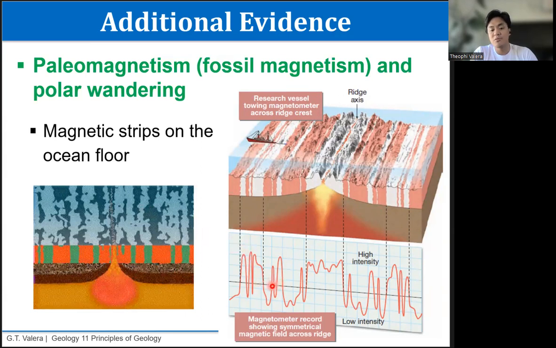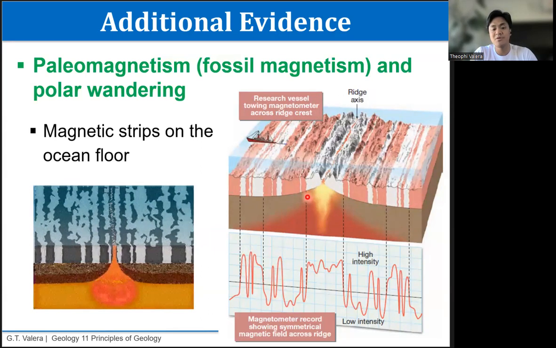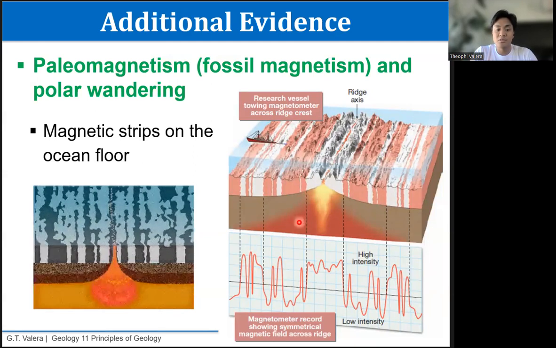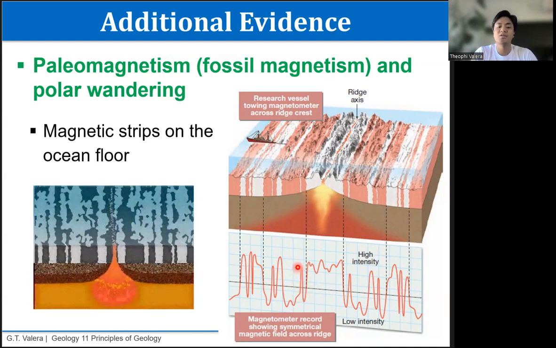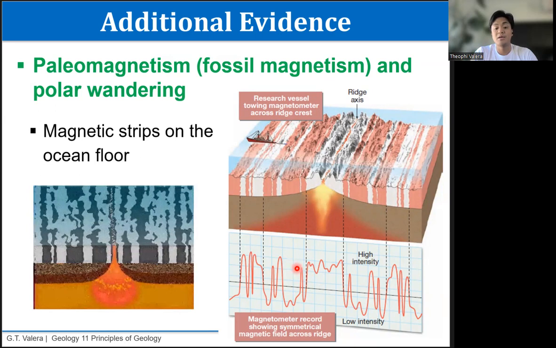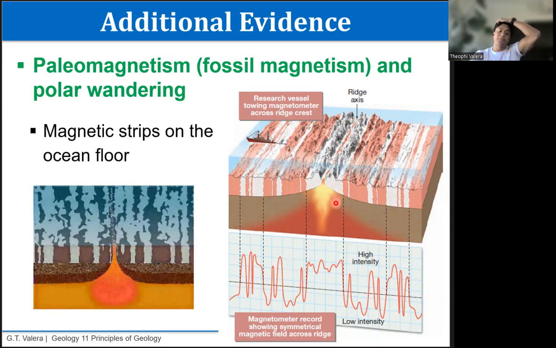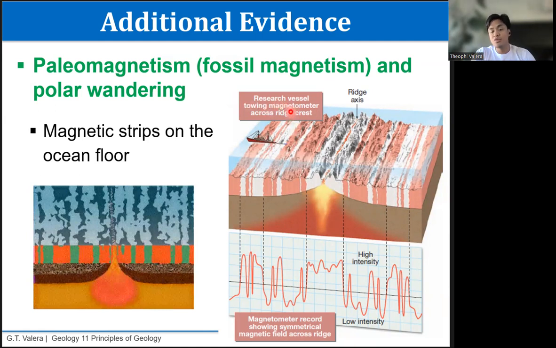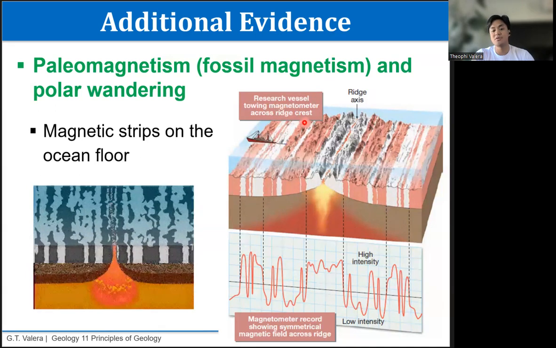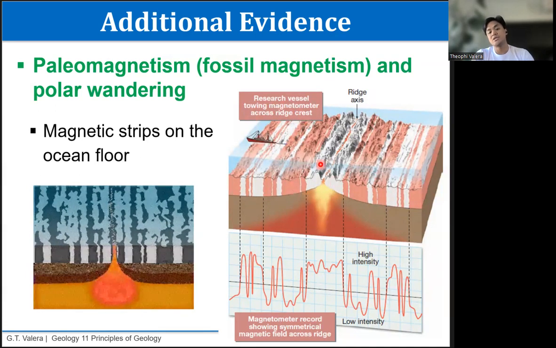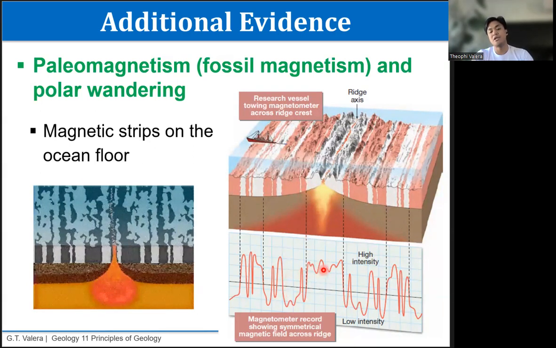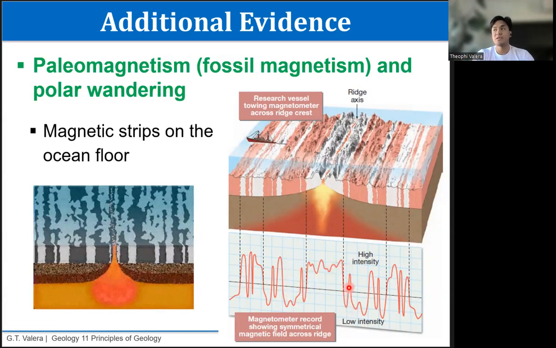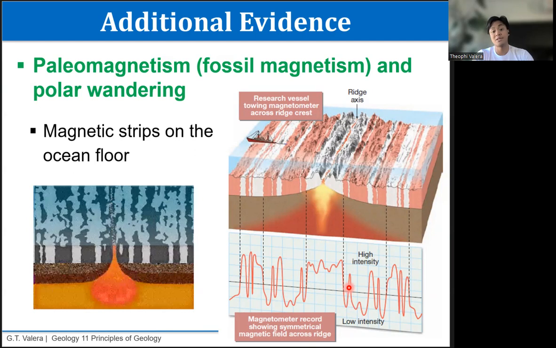So here we can see, for example, periods, these red lines, wherein our magnetic north is located in the geographic south. And then there are periods when the geographic north corresponds to the magnetic north as well. So using a magnetometer, which as you can infer is a meter for the magnetic properties of the minerals in the rocks, we can actually visualize kung paano nagpapalit-palit itong magnetic poles ng Earth natin.